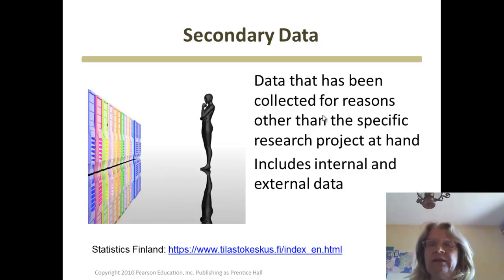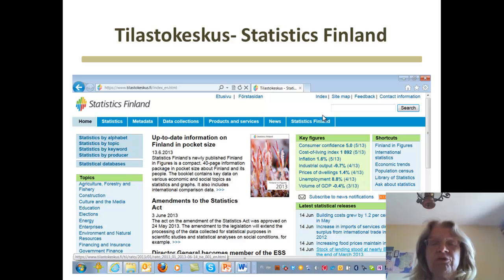Secondary data is, as said previously, data that is collected for other reasons, for another need. And it includes internal and external data. A researcher will collect all the relevant secondary data that is available before jumping into the primary data collection. A good source of secondary data is, for example,